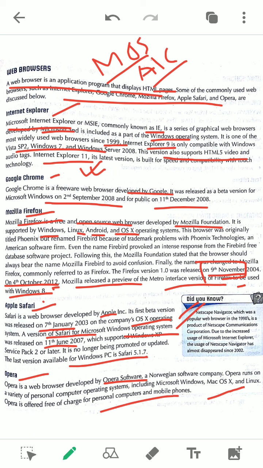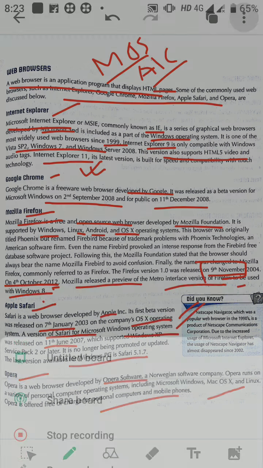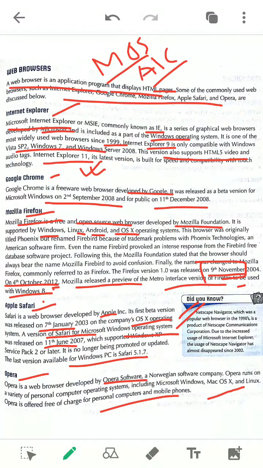These are the different browsers. Why have we discussed different browsers? Because using these browsers we will run whatever websites we develop. These websites can run using such kinds of browsers. Any of the browsers a user can use to view or visit any website. Okay, now move to the next page.